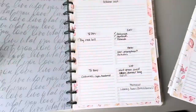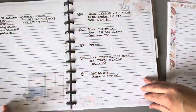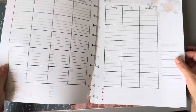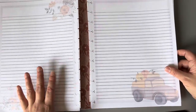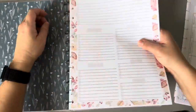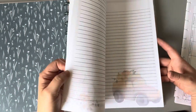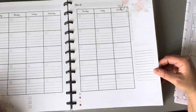So I'll flip to October. So this is October. I really love this page. I really love the monthly layout and then just having some note pages before I get into my weekly. And that's what we're going to do again. So I have my monthly overall here. I went ahead and kept my fall pumpkin and white pumpkin and florals. And then I have some note pages here. So we're going to go ahead and put those in. I didn't really want to do Christmas in November until later, to where I can start transitioning to Christmas. So overall monthly